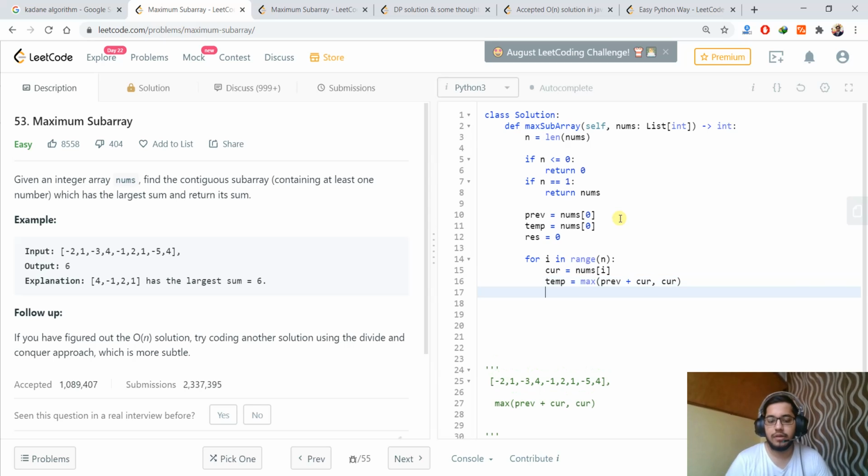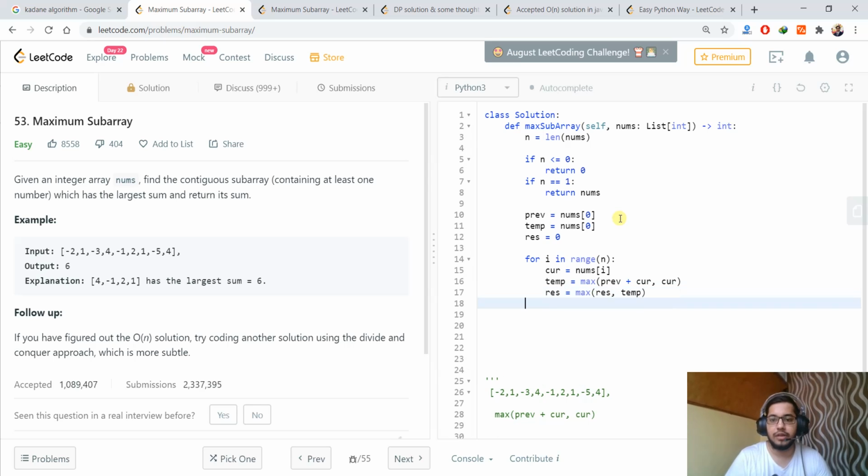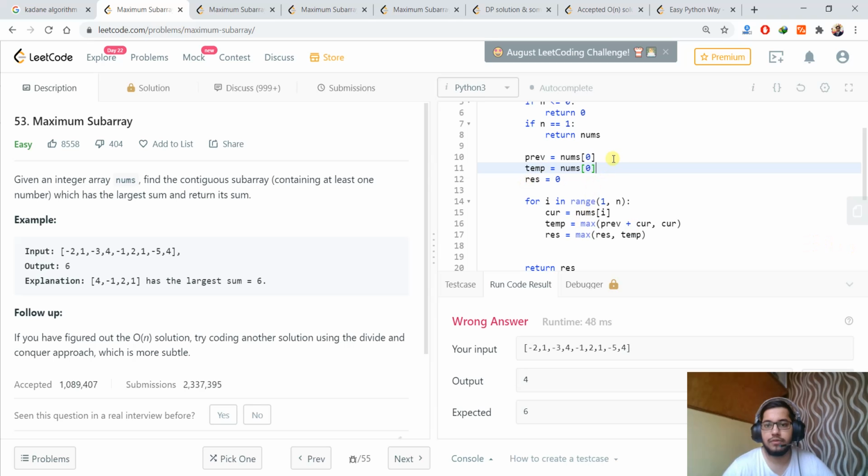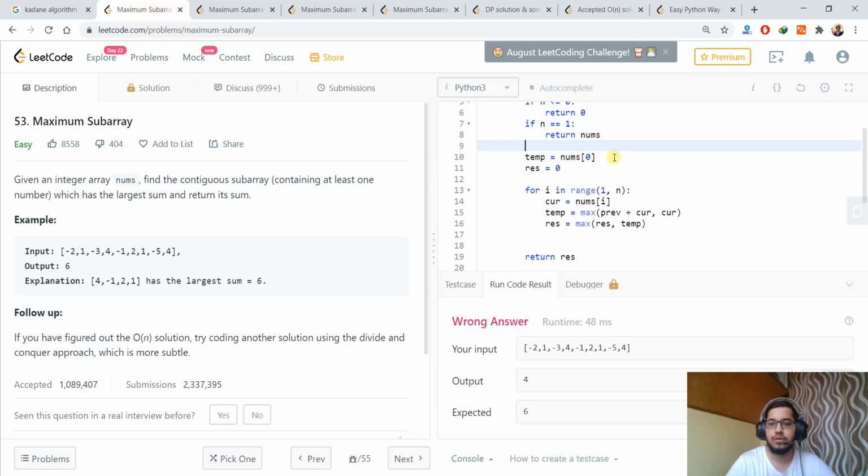The final result will be the maximum of the previous result and the current temporary value, and then we will return the final result. Here the result will also be nums of 0.